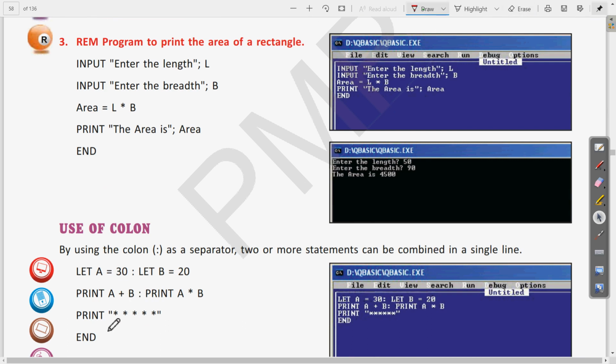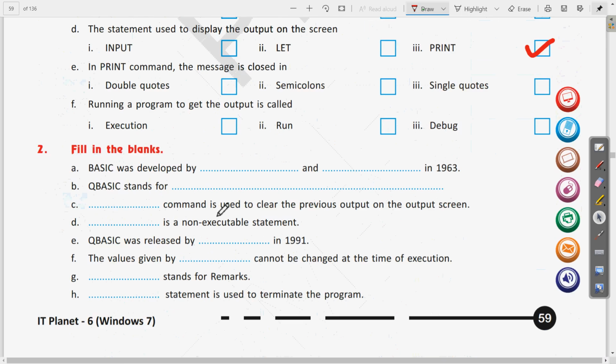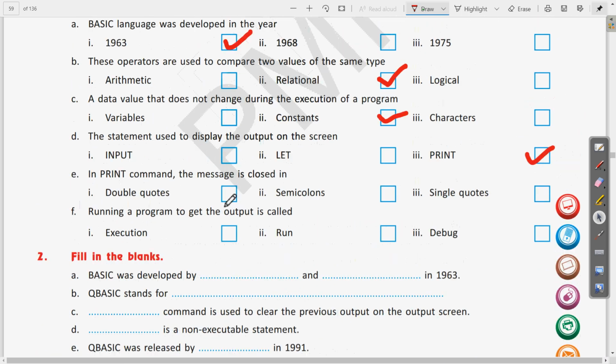Here you can see also that the star is written in double quotes. This way, whatever we want to be displayed with the PRINT command is written in double quotes. Clear? So the answer is double quotes.